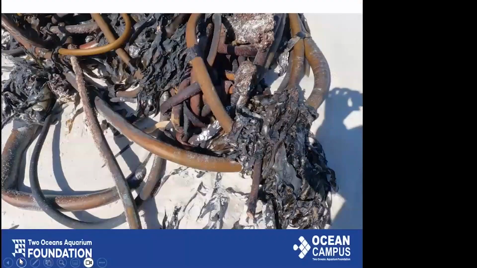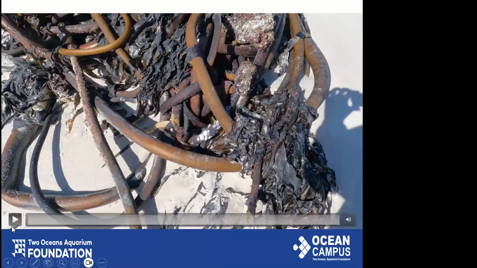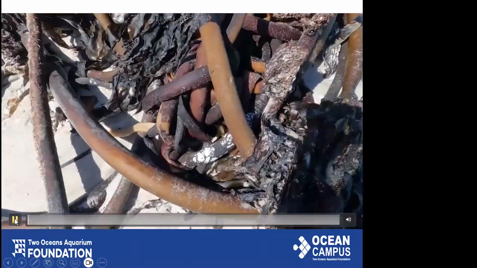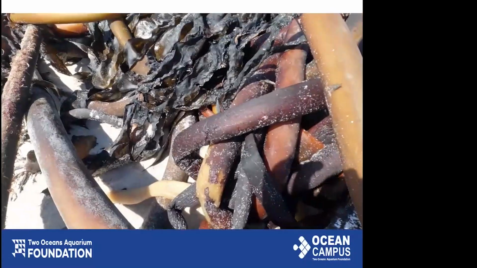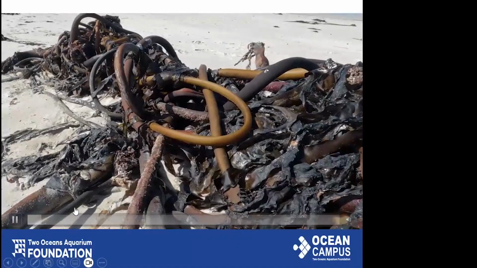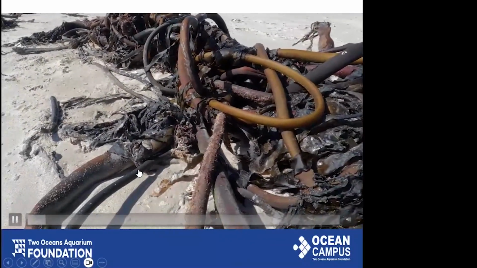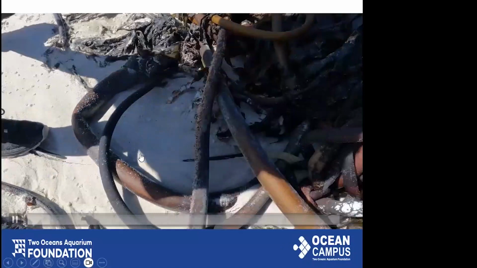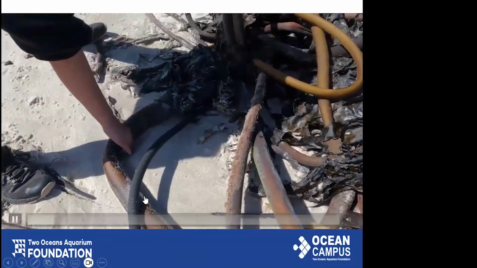So if you look in between these kelp, what's dried out, it's been out of water for quite a bit of time. We usually think that once we see these things washed up on the beach, there's lots of things hopping around and flying around them. They're a bit smelly as well, but they actually are an important source of food for some of the animals in this high shore environment. It's not obvious when you first look at it, but if you lift one or two of those up,